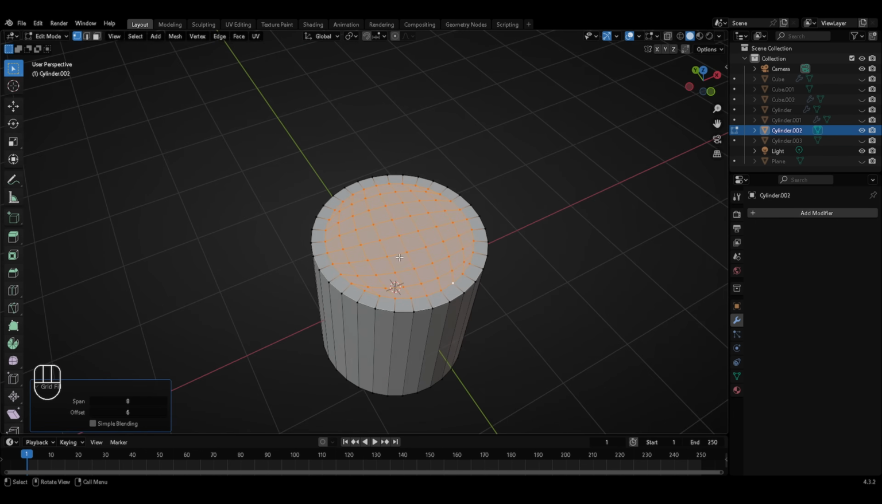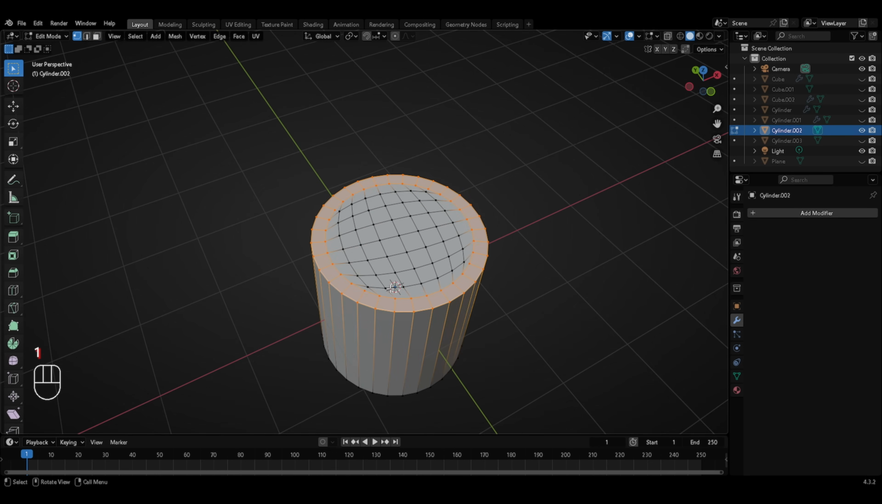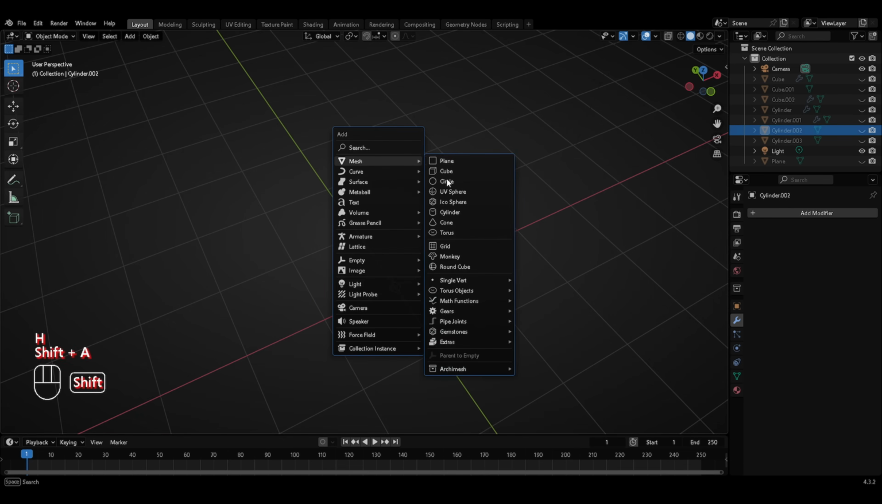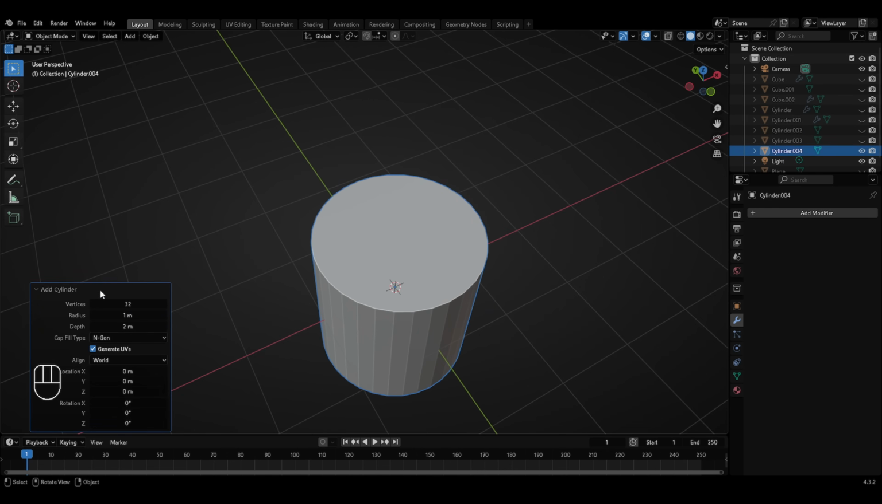And now if you observe, we have all of the faces on the top part as the quad faces. Over here, this outer loop has all the quad faces because we extruded the vertices and then scaled them down, and then for the inner part, we use the grid fill tool. After this, I'll now be adding one more cylinder in the scene, and this time, in the number of vertices,